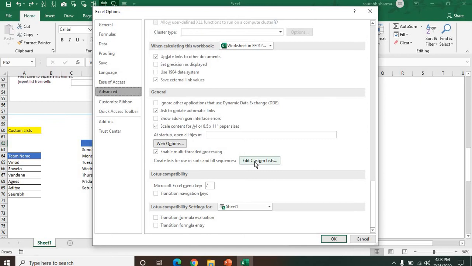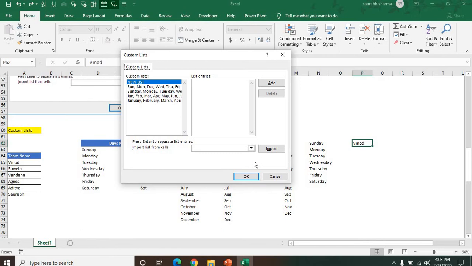You need to click here on Edit Custom Lists. Now see here the custom list is appearing. Sunday, Monday is the short form, then the full names Sunday, Monday, then Jan, Feb, then January, February. These are available in Excel by default because they were created by Excel.